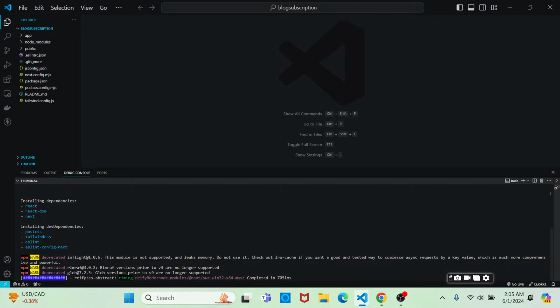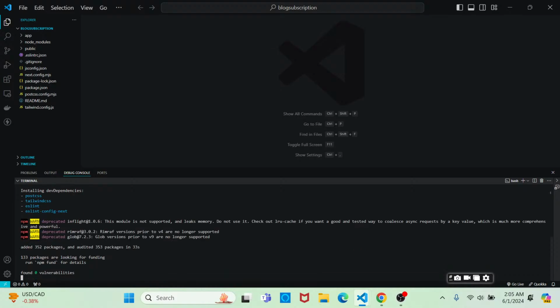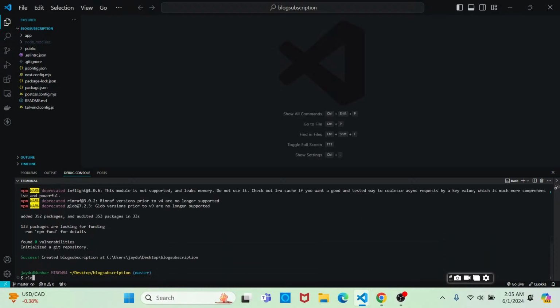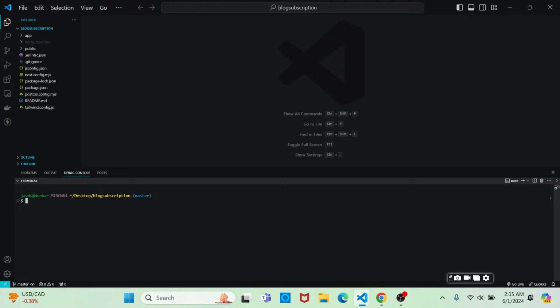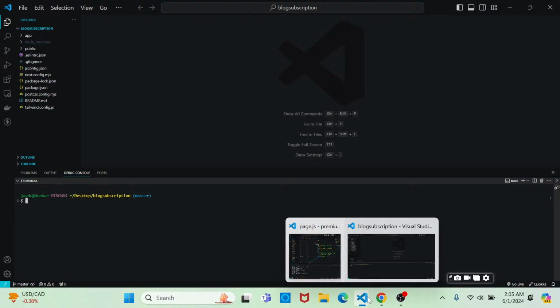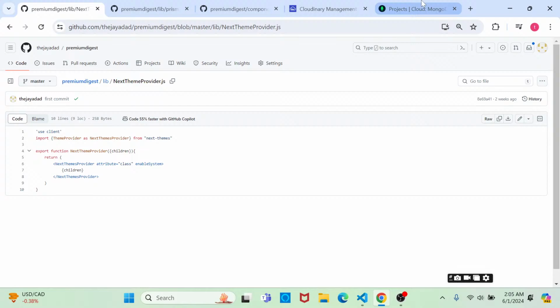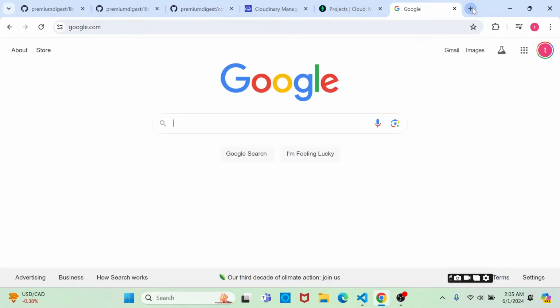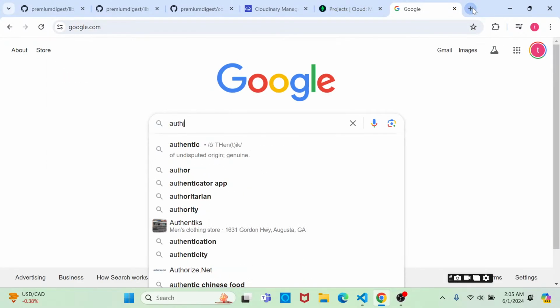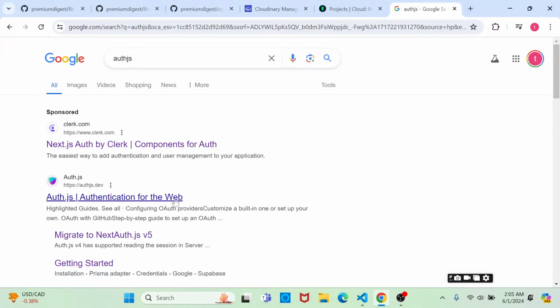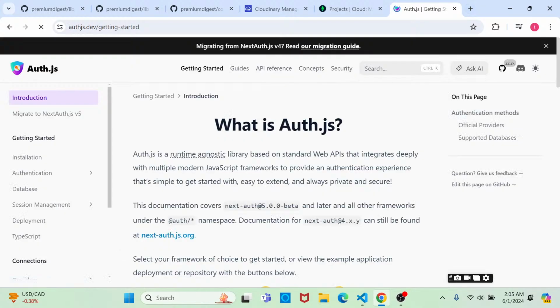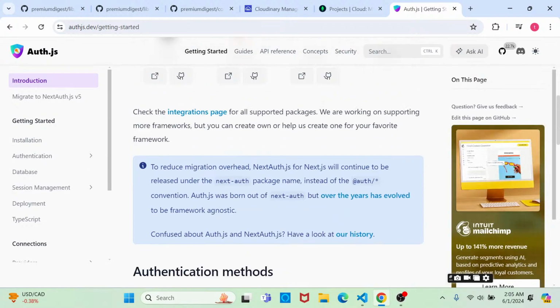Alright, we'll give it a few more minutes to finish installing. Okay, and now that we have this installed, before we spin up our application, let's go ahead and add in our authentication. And the authentication that we'll be using in this project is, as I mentioned, NextAuth version 5. So I'll go to Google, and then we'll type in Auth.js, excuse me,